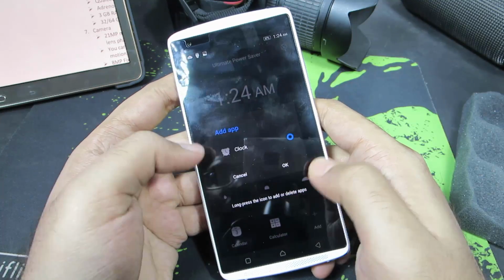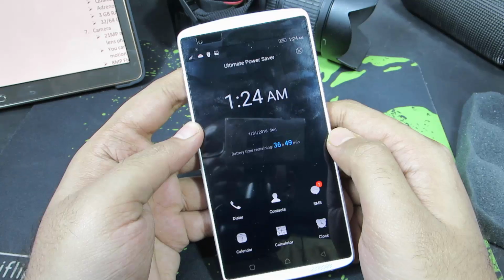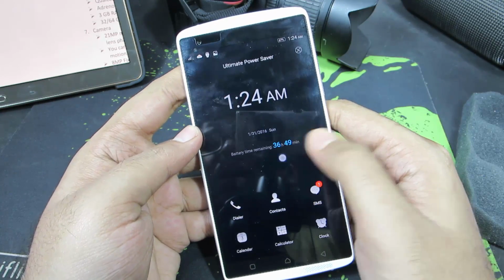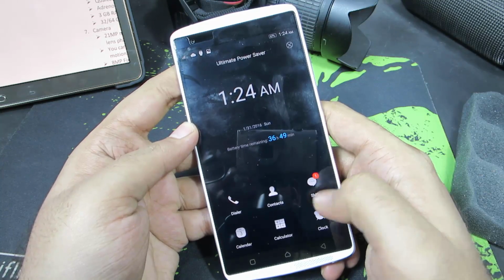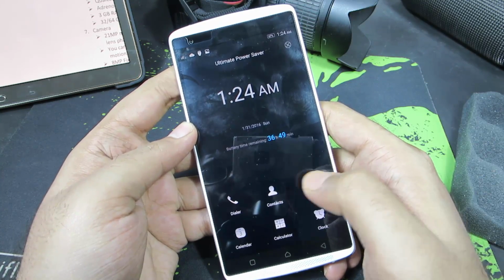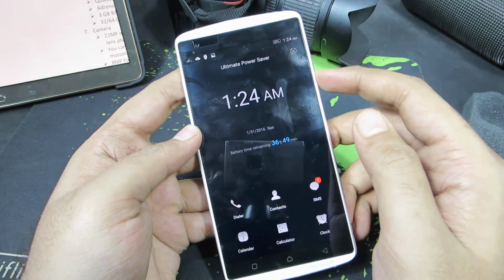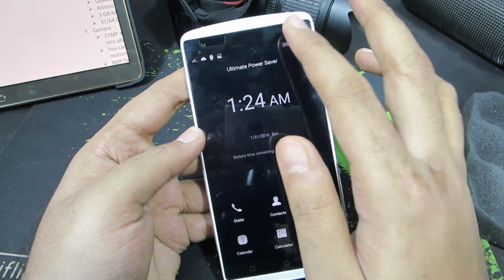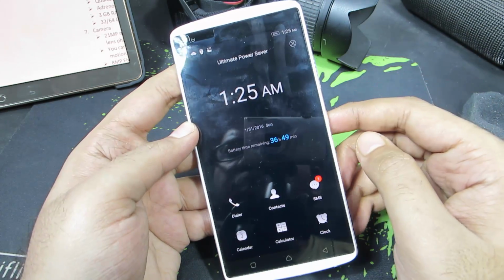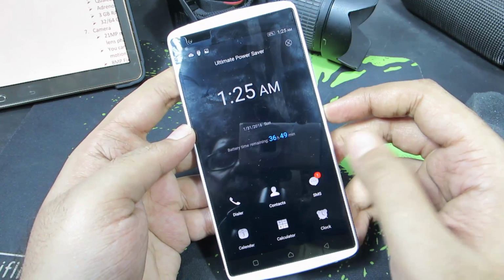I wonder, if I don't have any option, why give it in the first place? So anyway, this is how the ultra power saver mode looks like. You have just the black background and you have access to only these 6 apps: the stock dialer app, SMS app, contacts, calendar, calculator and clock. And all the applications running in the background have been stopped, and you won't have access to your toggles or anything else. So if you enable this particular mode, your battery's standby time will drastically improve,